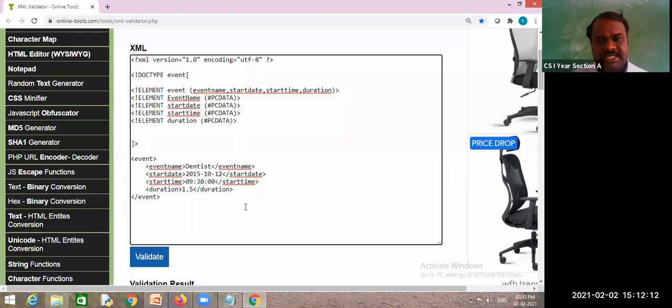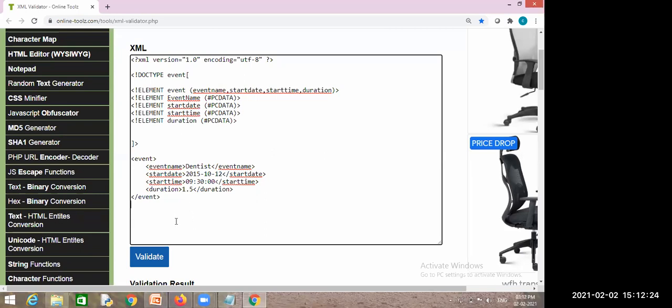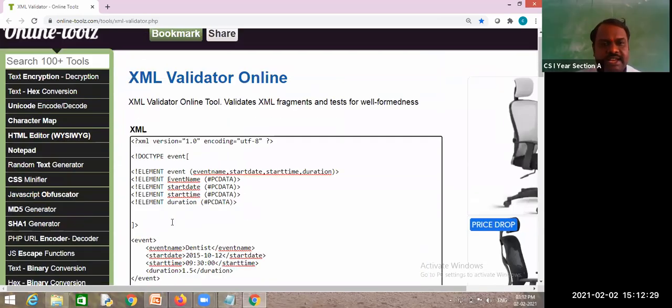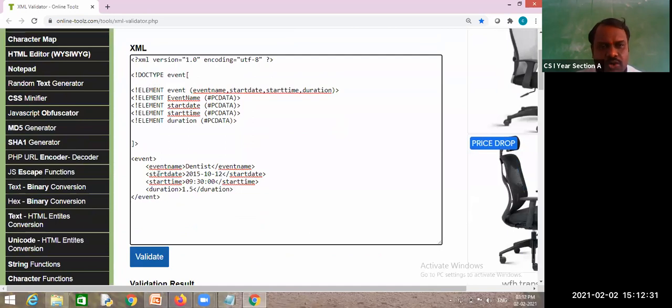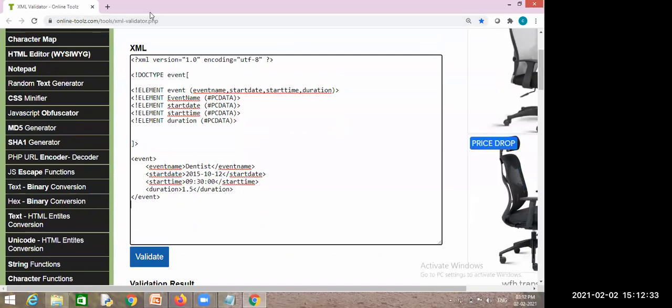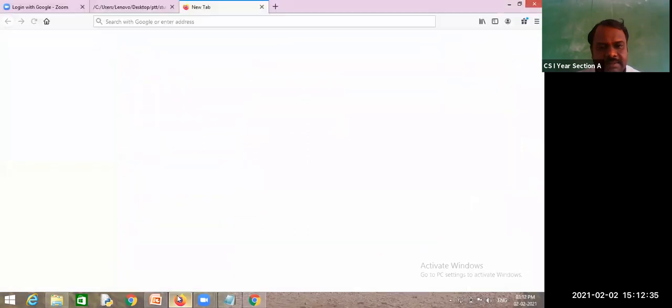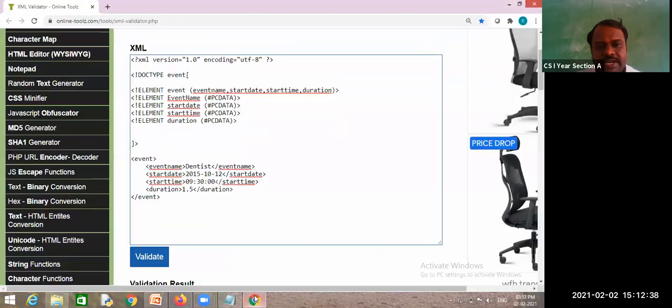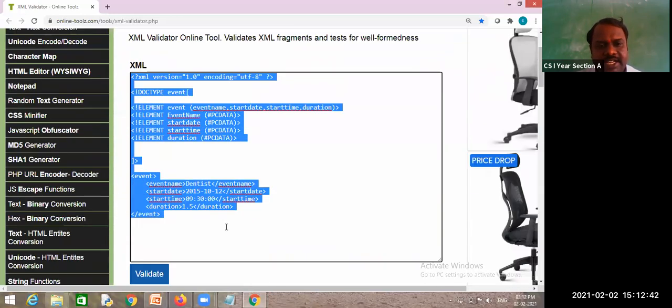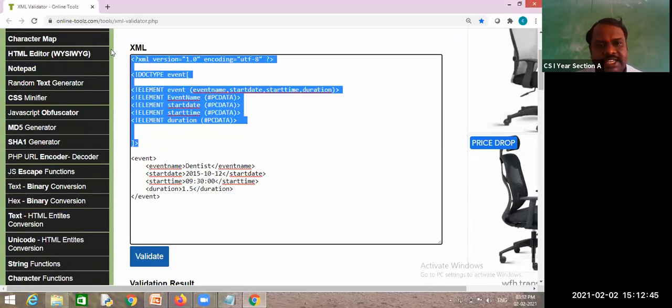So till this point, is it clear or do you have any doubts? We have to learn many things from this, but these are basic things. Did you understand or not? Understood. Okay. Today I will share this code and this link in your WhatsApp group, and you try to write your own document. Feel that you are the manager and you give one DTD.